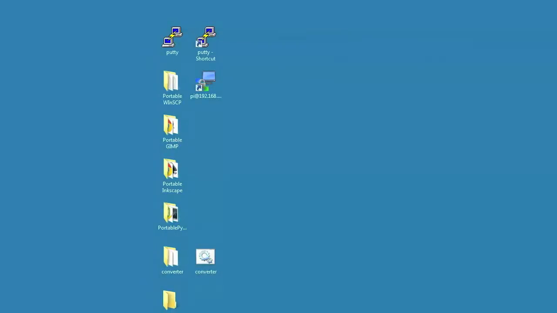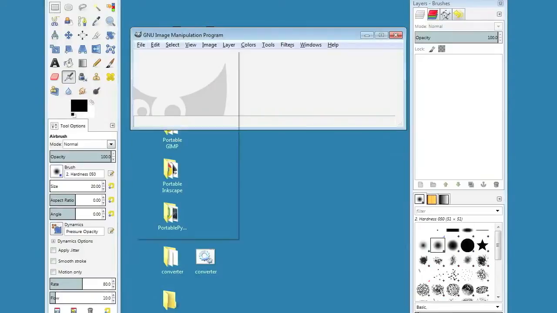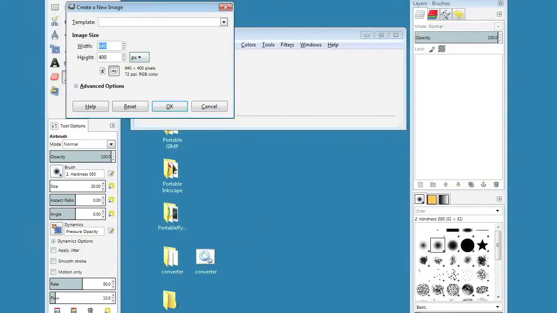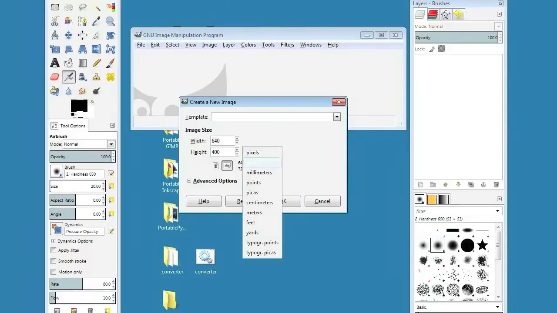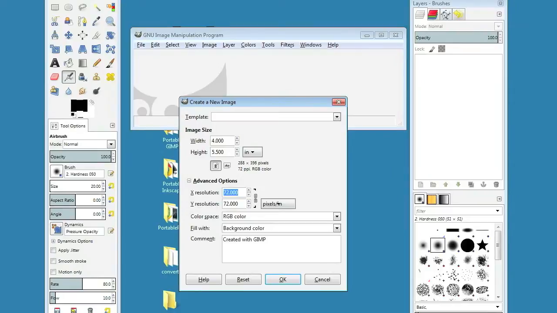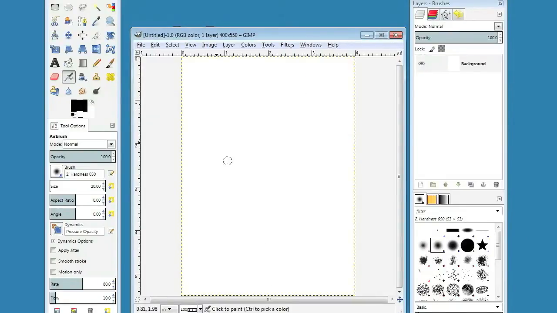Next we're going to make a basic SVG without pin-up or colors. You can just open up GIMP, go to new, and you can do whatever size that you would like. I typically work with standard size pieces of paper, so I'll put in half the size of the piece of paper. That way when I draw it, I can stretch it to the full size of the paper. Now I typically do 100 pixels per inch because it seems to get me a good amount of white space in between each line.